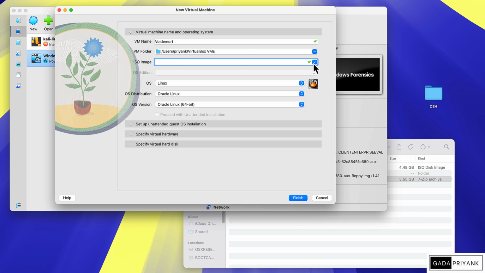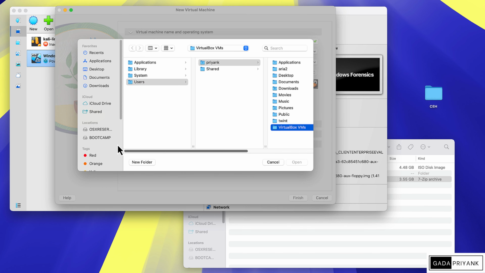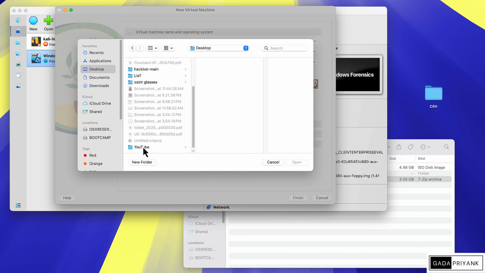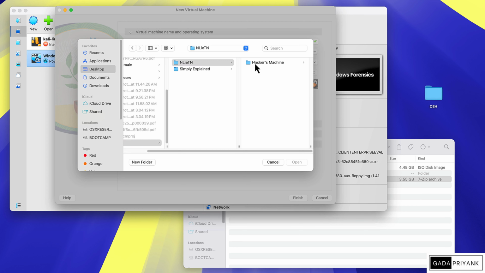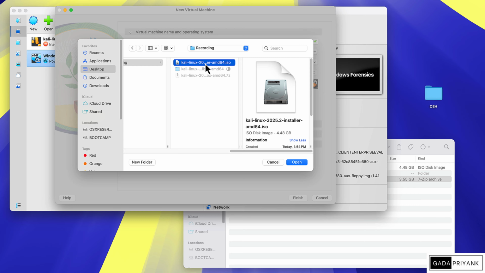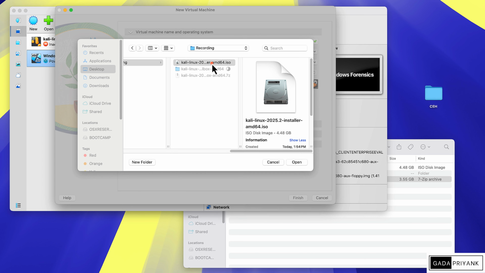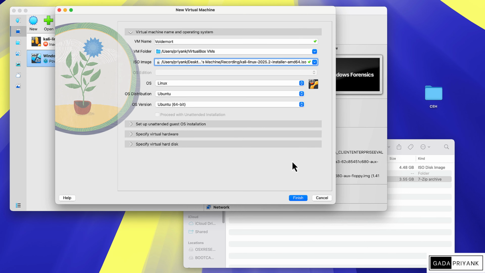Now the ISO image is the image that you have downloaded, and you have to select it. Just click on the browse icon or the blue icon to browse, and you can select the ISO image. For me, the ISO image is in the downloads folder. If you have the ISO image extracted, this is how you select it; click on open. The extension of the file should be .iso. This is mandatory. It is inside the extracted folder.